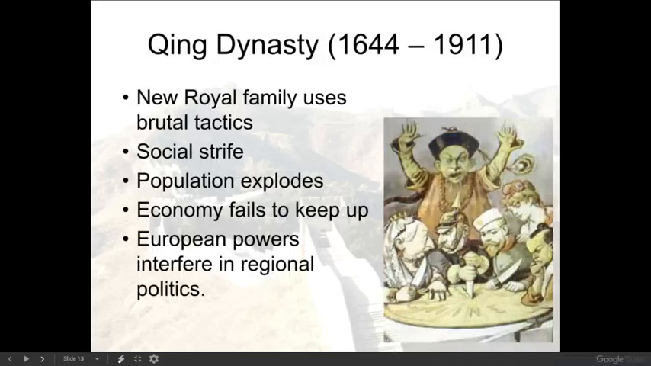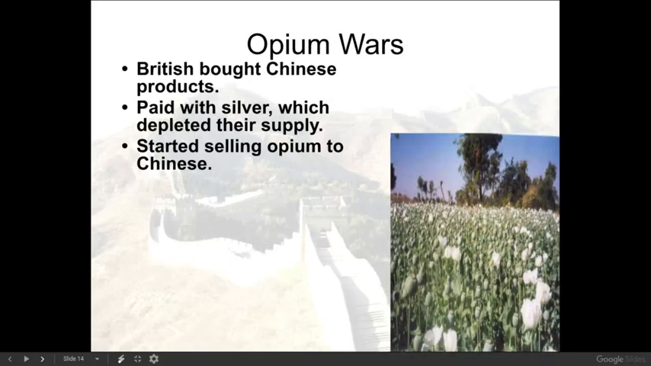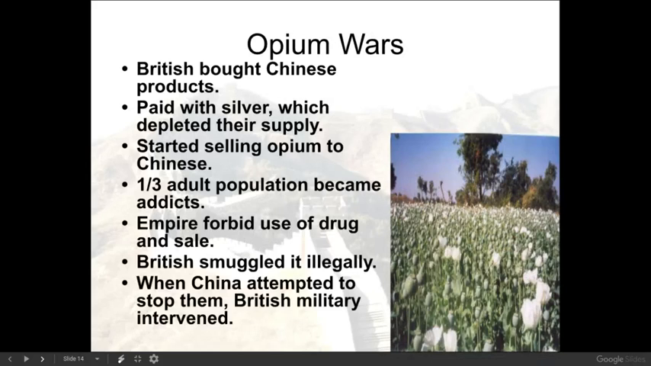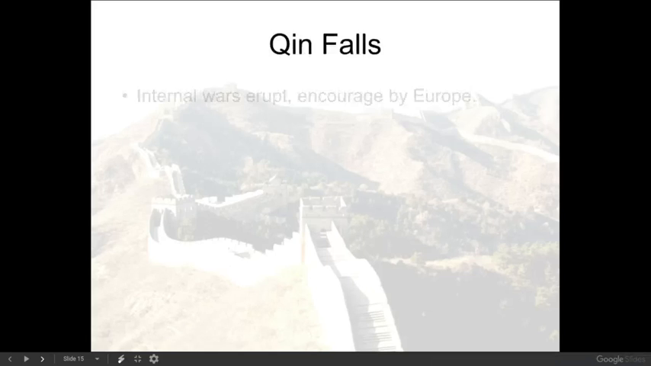So the fact that there's all kinds of turmoil inside the country, there's the opium addiction, the population keeps expanding, which means that prices are going up because there's higher and higher demand for everything. As much as 1/3 of the adult population was addicted to drugs at one time. And so, because of all of this, eventually the old dynasty system